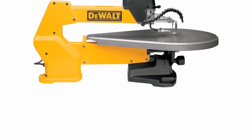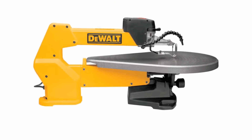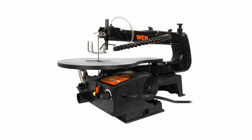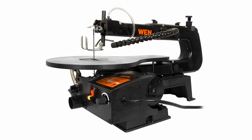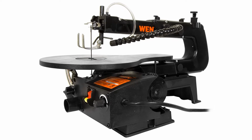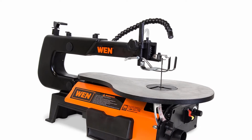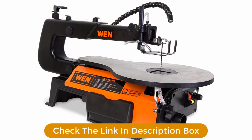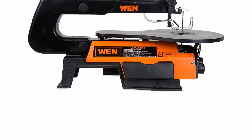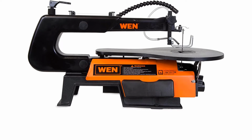It has a spacious table of about 16x11 for cutting large workpieces and bevels up to 45 degrees to the left. Whether you prefer either pinned or pinless blades, this scroll saw will handle both of them. Variable speed option will allow you to adjust the speed from 550 to 1600 strokes per minute, SPM, by simply turning the knob. The warm work light is flexible to adjust and move the light to illuminate the workpieces of